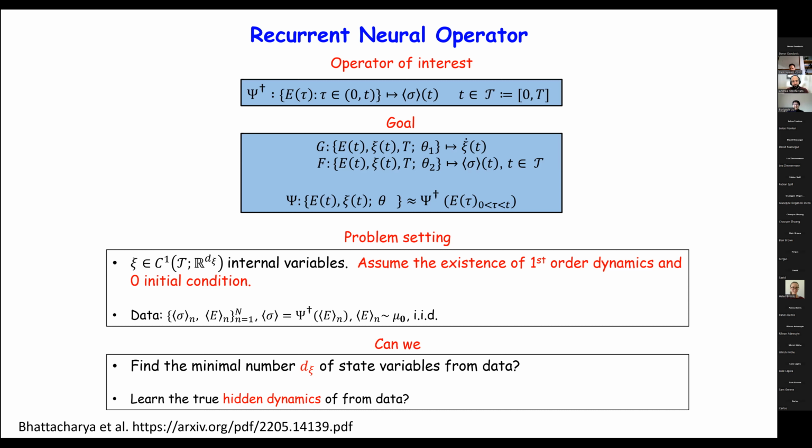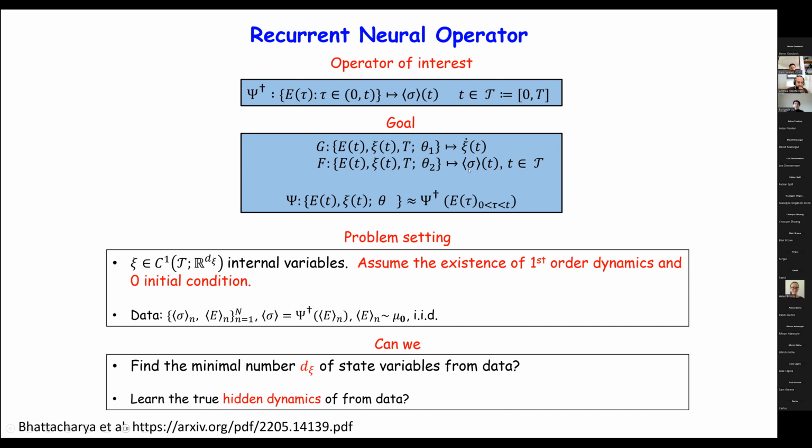We just assume that this X exists and that there exists a first-order evolution law for it. Then we use the neural operator architecture to approximate this mapping G, which maps my strain at time t and internal variables at time t, parameterized with theta 1, to the evolution of my internal variables. And then we learn an extended constitutive law, which takes not only the strain at time t, but also the past history, now embedded in these state variables, as my input,